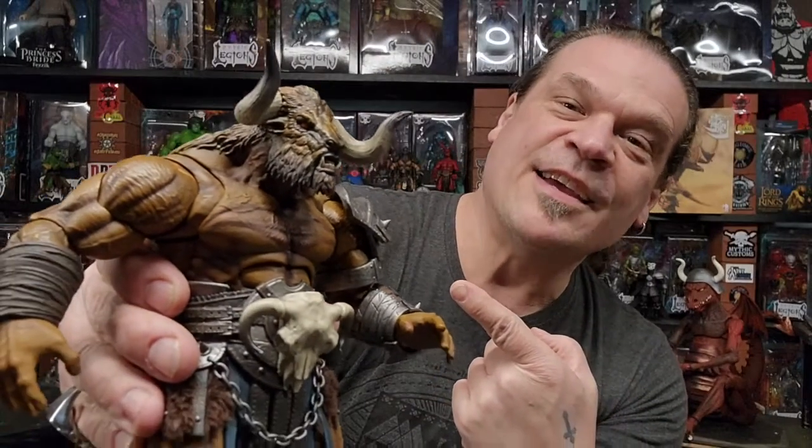This guy is freaking awesome. I can't believe how much I love this action figure. He is perfect to me. As far as a giant Minotaur could go, I can't imagine you could do much better. He is such a solid, well-painted, well-sculpted figure, and the armor and everything that went into this guy is just